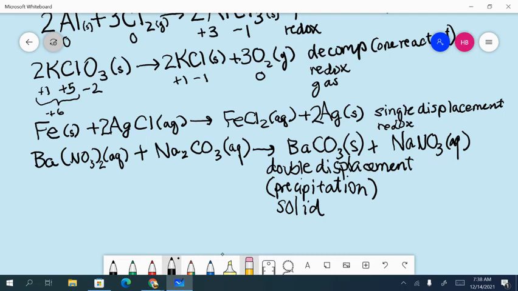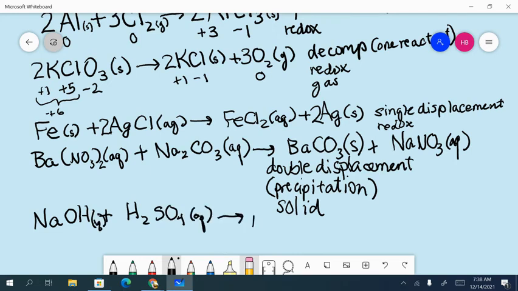You could have another type of double displacement reaction where you take a strong acid and a strong base and add them together. So I'm going to take a strong base and add it to a strong acid. These are both aqueous. When you put them together, you're going to get a salt, which is sodium sulfate, and water,